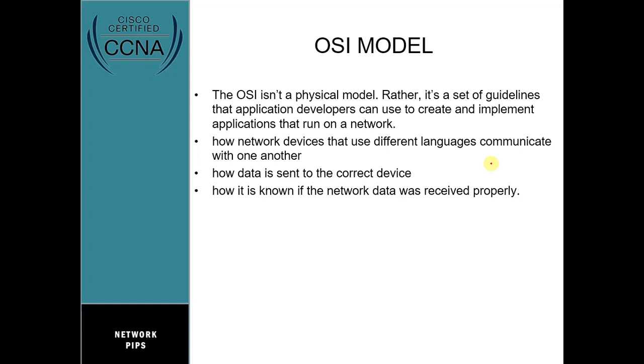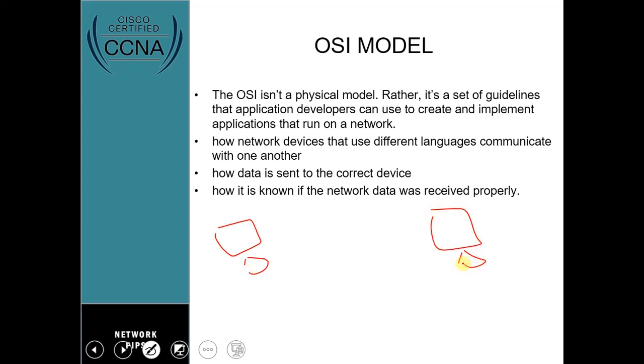Back in the days when IBM ruled the world, they had to come up with their own model and standard so that only IBM systems could communicate with one another. Then Dell came up with their own blueprint, their own model, and only Dell systems could communicate with one another. So if you have a Dell system and an IBM system in the same environment, these two devices cannot communicate with one another. This issue went on,